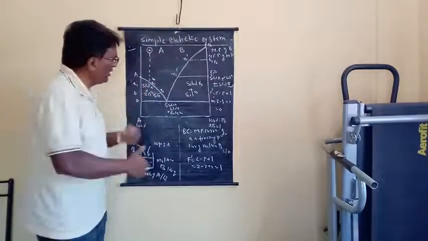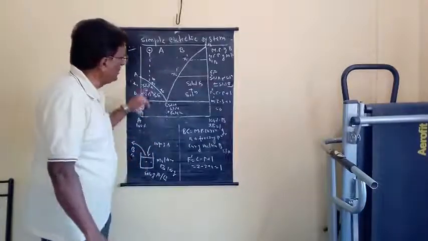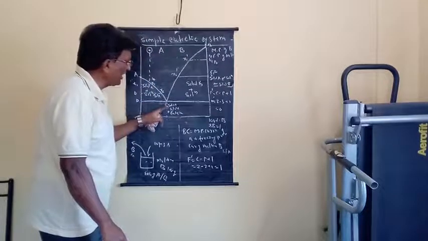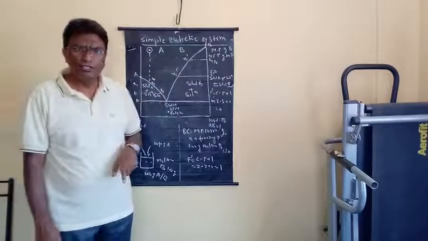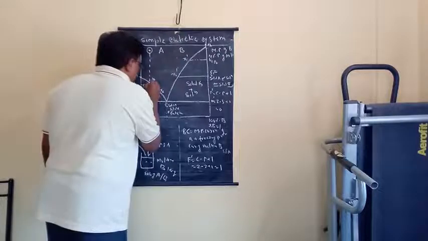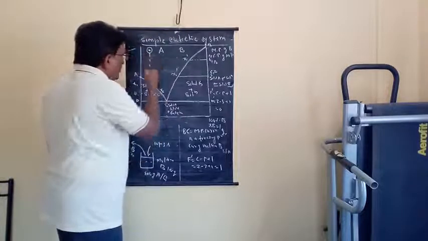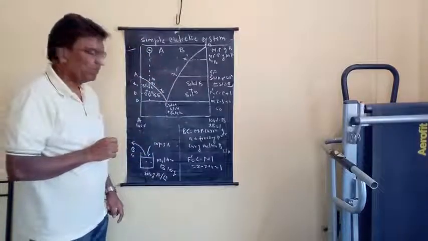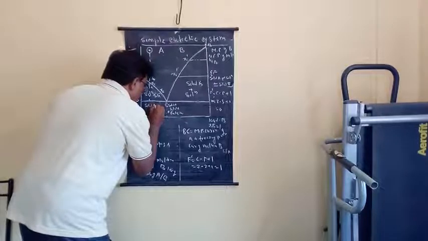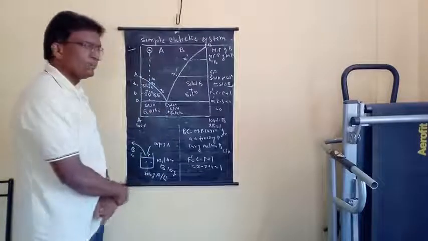cooling, solid A remains in equilibrium with solution of varying composition, and we will come across the curve small b capital C, and as soon as point C is reached, solid B also separates out. That means on repeated cooling of this composition A, we will get below this dd line solid A and eutectic of fixed composition.